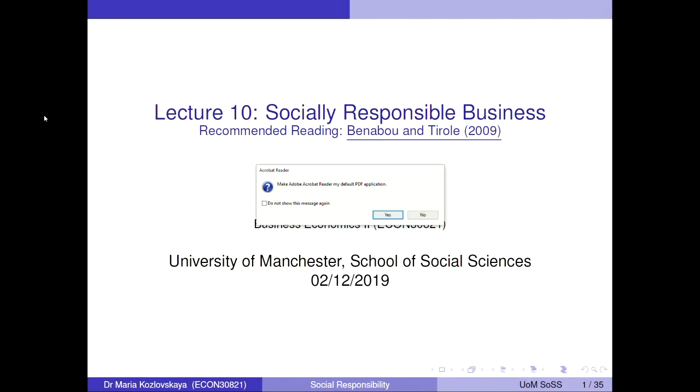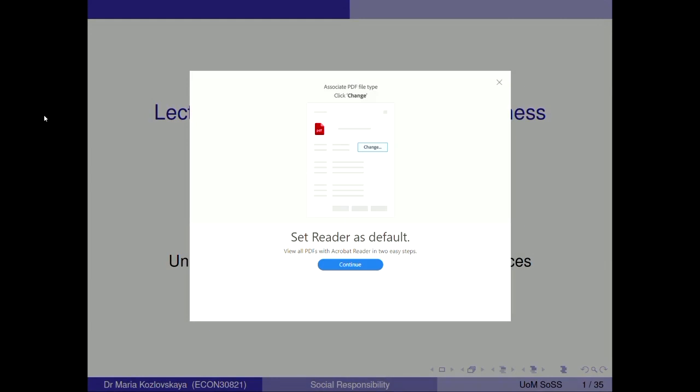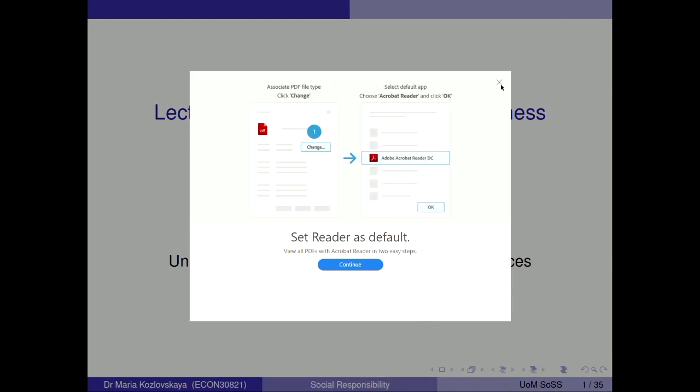This lecture is the last one in topic 4, where we criticize traditional economic theory from the point of view of other social sciences. Lectures 9 and 8 mostly relied on psychology to try and improve economic analysis to make it more realistic. This lecture will look at mostly sociology and political science to see how the predictions of economic theory